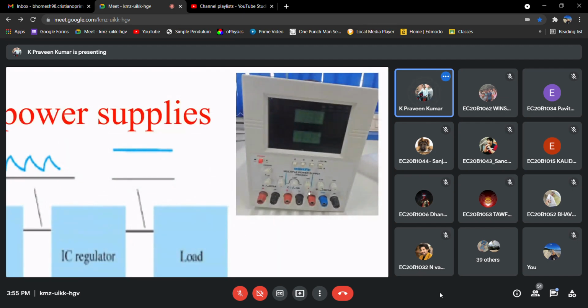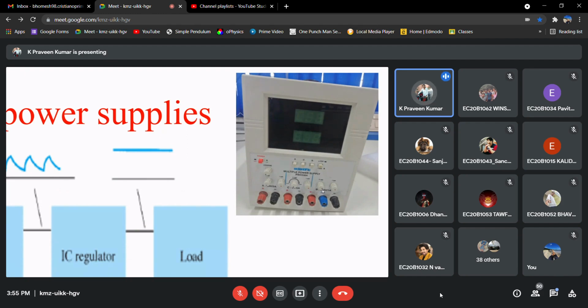Here it is named as multiple power supply. What it means is that we can take multiple voltage values. Here we have 3 channels, if you can observe A, B, and C. Maybe one channel ranges from 0 to 10 volt, another from 0 to 15 volt, or 0 to 5 volt.